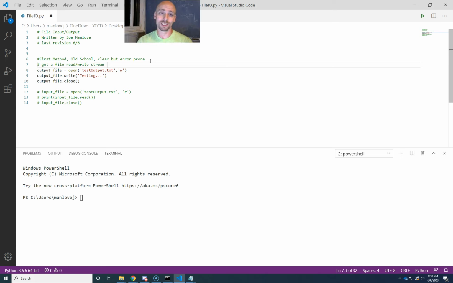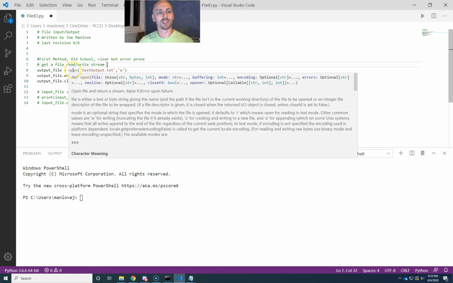Okay, and basically what that means is the computer is going to be prepared to put information in and out of that file. And you can get a little more info on this if you hover. You'll get to see that docstring, right? So we can see that there's a lot of stuff. A lot of this is a bit tough to comprehend, but open a file and return a stream is maybe the first thing. So really what this does is it looks on the hard drive, right? And it finds a file and it opens that file as something in the RAM